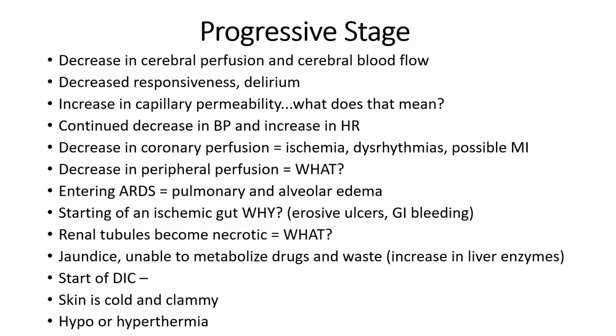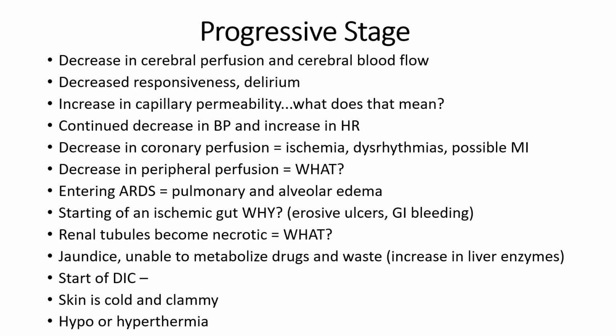So this is a stage where we're going to start to become leaky, right? We're going to start to have third spacing. We have an increase in capillary permeability, meaning our fluid is coming out into our extravascular space and leaving our intravascular space where we need it to be. So we're going to really lose our blood pressure at this point, and we're going to become anasarcic, edematous. We're going to have fluid in spaces where we don't want it to be,